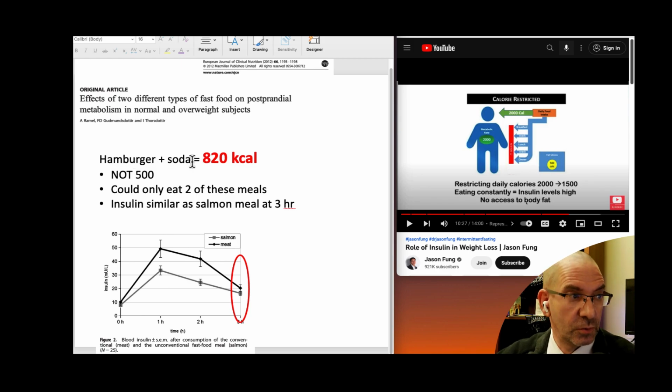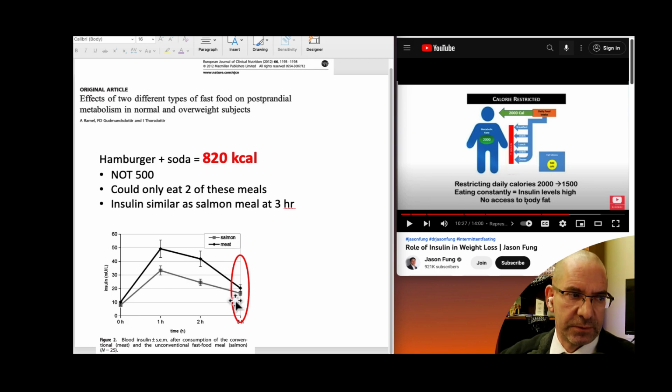So if you take out the soda and you substitute water, you're going to be about, depending upon how much soda one drinks, closer. But even with 820 calories, if you do that 3 times, so it's not 500, technically with this limit of 1,500 calories, you can only have 2 of those meals, and not even. So you're going to have 1 soda and then 1 water. They had a salmon meal. At 3 hours, insulin was almost back to normal. If you go out even further, most people are 4 hours from a postprandial state. And so that's with more calories than the 500.